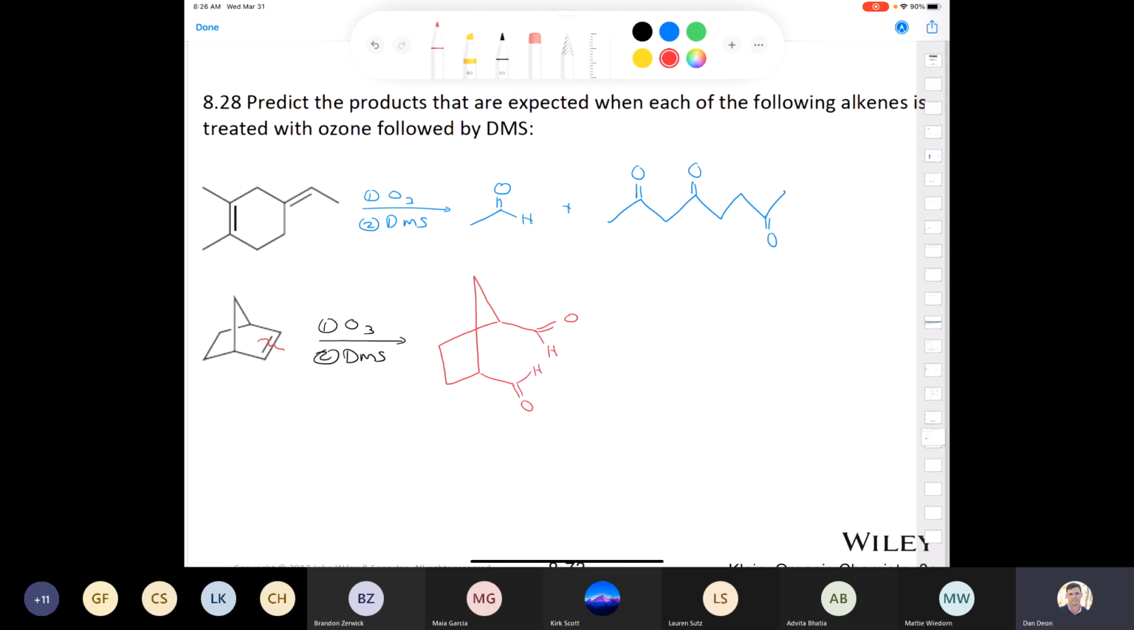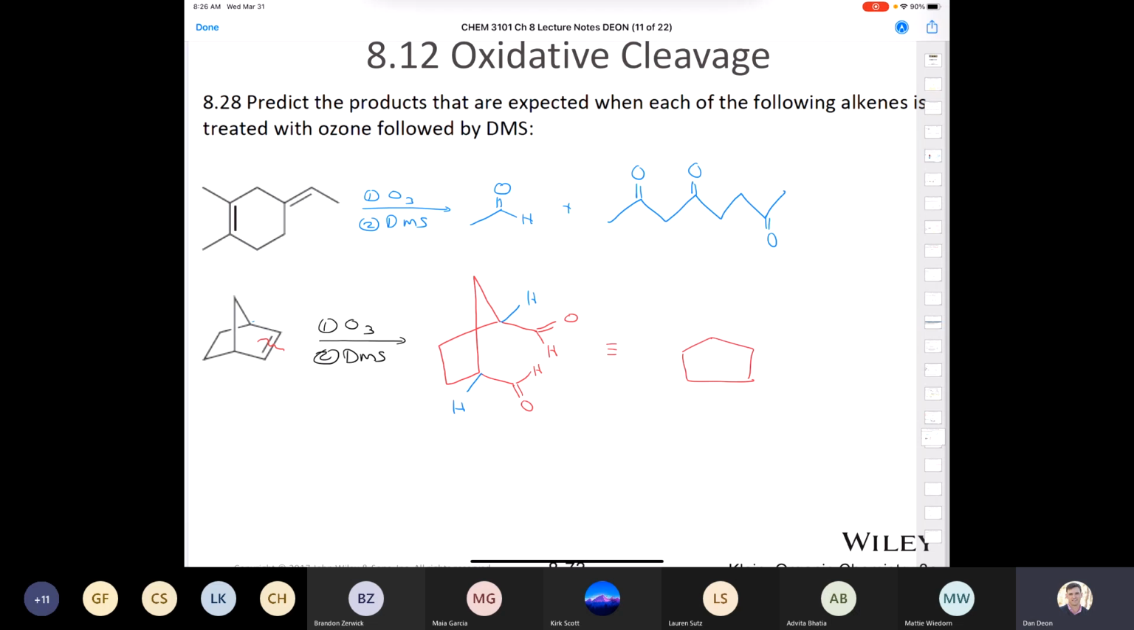There's nothing wrong with that, technically. I'd say there's nothing wrong with that. But I think a better way to draw it, since there's only one ring in the molecule, would be to draw it like this, where it's a 5-membered ring, and we have these two hydrogens here, right? There's a hydrogen here and a hydrogen here, so you can see that the hydrogens are going to be pointing the same way, right? And the two aldehyde groups are going to be pointing the same way,